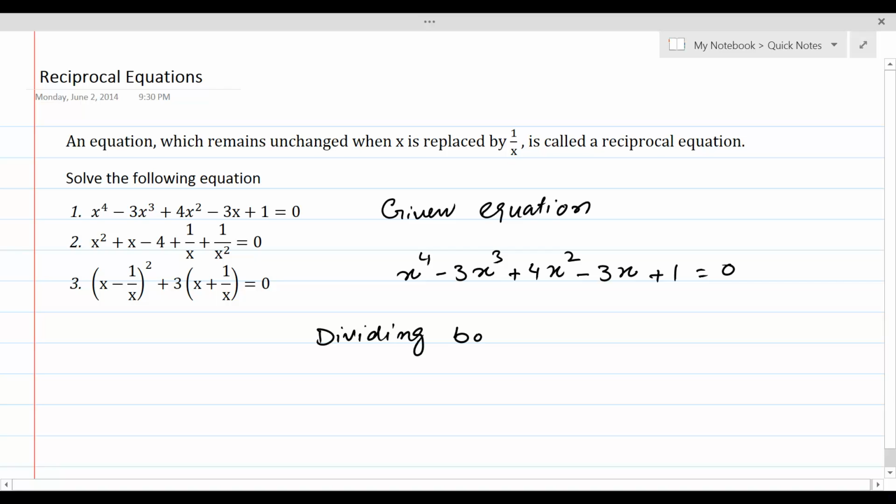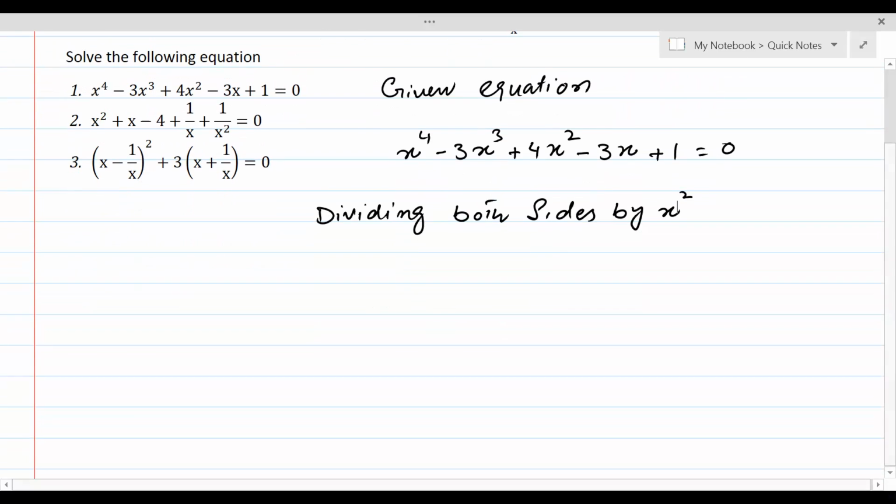Dividing both sides by x square, we get x square minus 3x plus 4 minus 3 over x plus 1 over x square equal